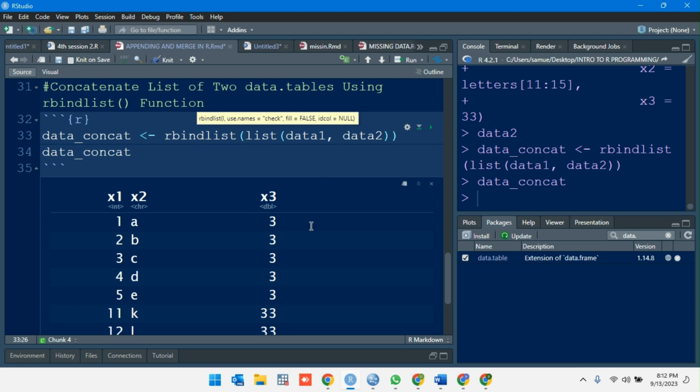So that is basically how to combine a simple data merging or data